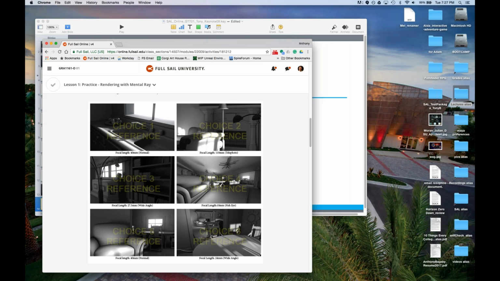Yep, you find your own reference. For that one, you can move your camera and you can move the objects in the scene, but you cannot move the lights. No touching the lights in lesson 1. Lesson 2 is all about lights.